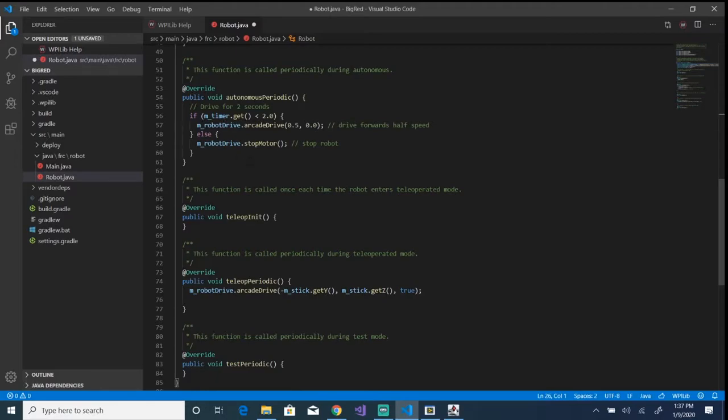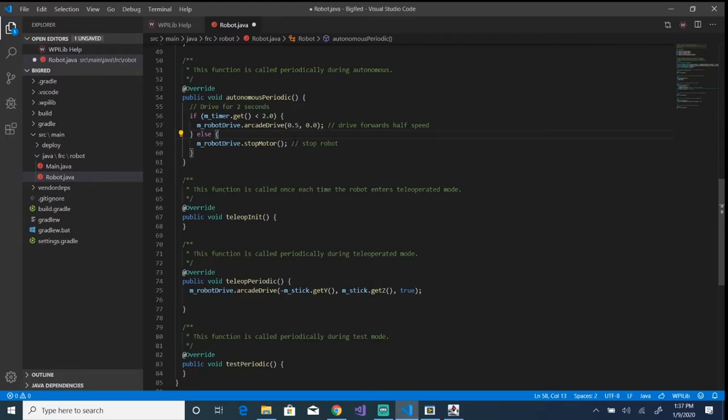Our next topic that we're going to talk about is an introduction to autonomous. We're going to start with some pretty simple time-based routines. This is something that's already written for you by FRC in this specific getting started example. So like this says, what this does essentially is it drives forward for 2 seconds, half speed, and then it